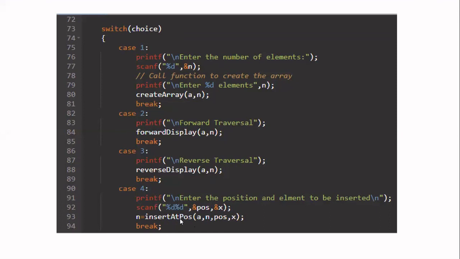Now, for this insert pos function, what is the return type we have given? There, we have given integer. What is that integer? Insert pos will insert the element and it will return the new value of n. So after you perform this, your value of n will be changing. Whatever this function is returning, you have to save the answer in the variable n. Don't use any other variable here, because in your program you are using n as the number of elements in the array. So whatever this function returns, update it in the n value. Then give break.